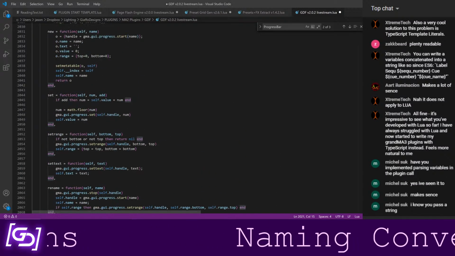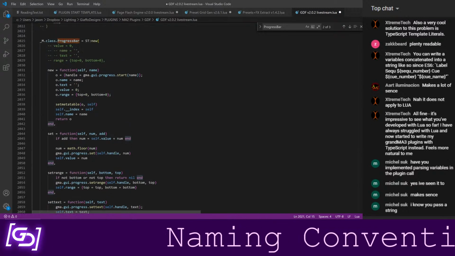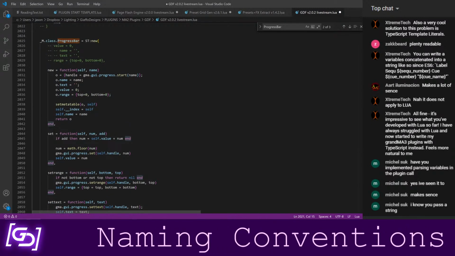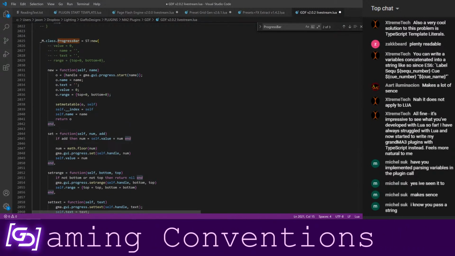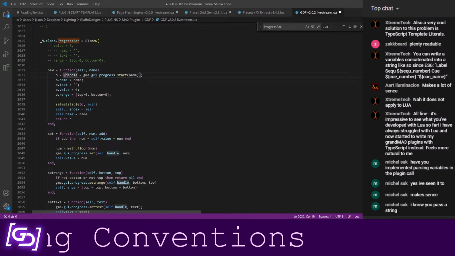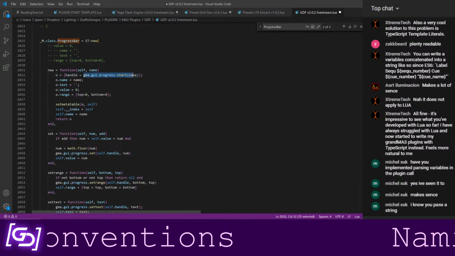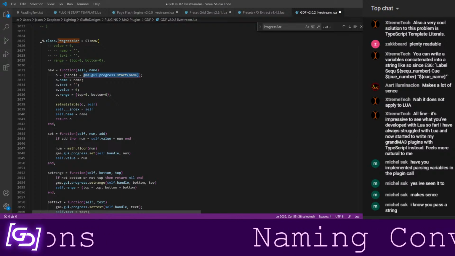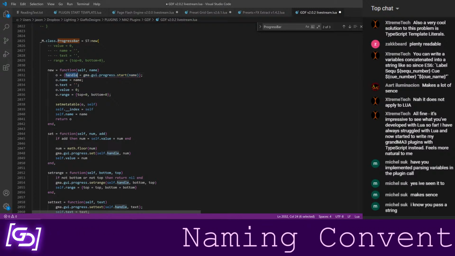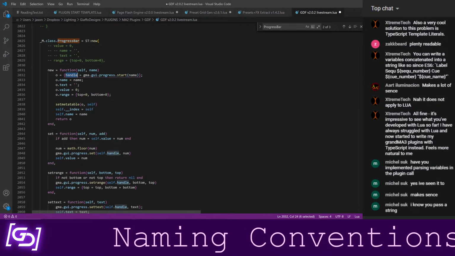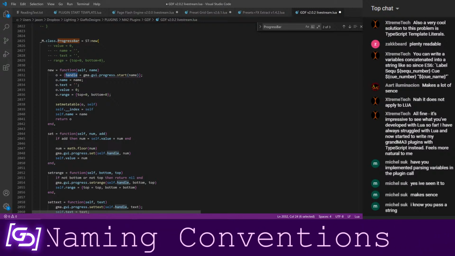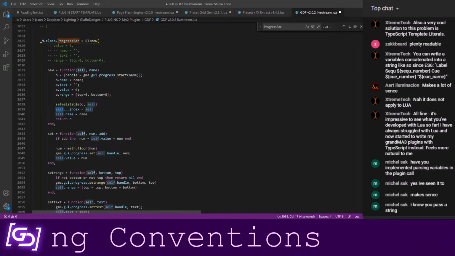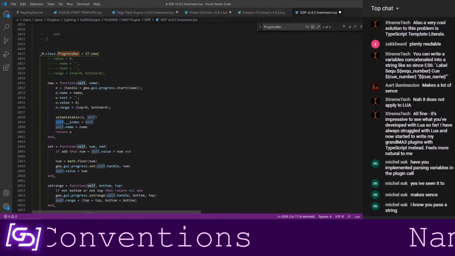Just to look at some of the things that it will do. If I create a new progress bar, let's see, there's got to be a handle value here somewhere, handle. So it uses the built-in MA create progress bar function, and then assigns that to a handle, and that lives inside of a table. That table becomes what we see as self as we go down this.